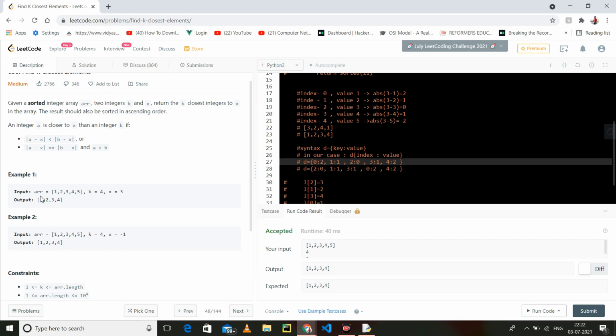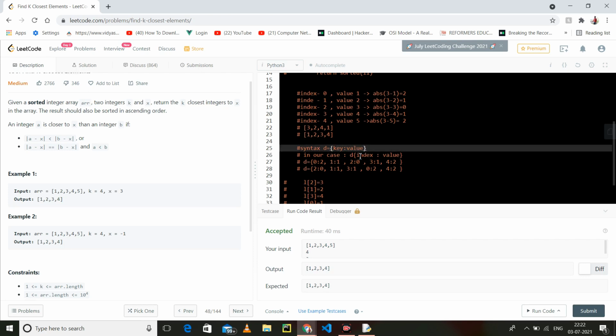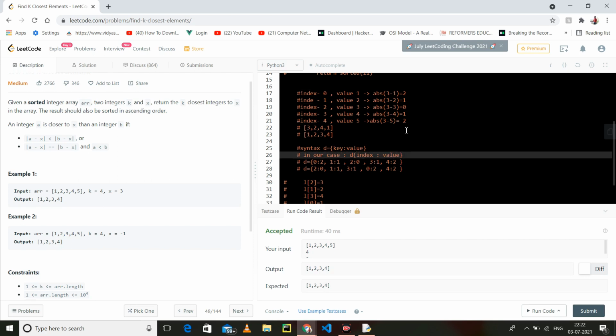But how can we store the indexes? We have a dictionary. Dictionary stores key-value pairs. In this we will take the key as the index and the value as the absolute difference, because we need the index and the absolute difference.